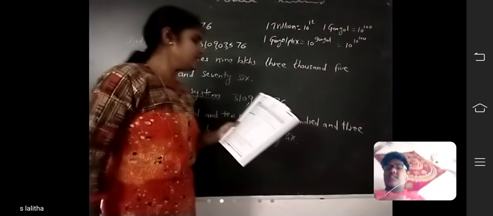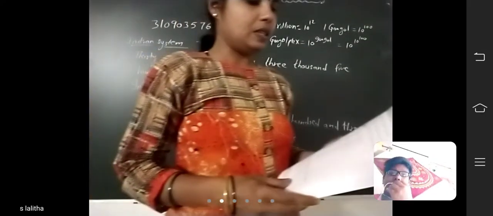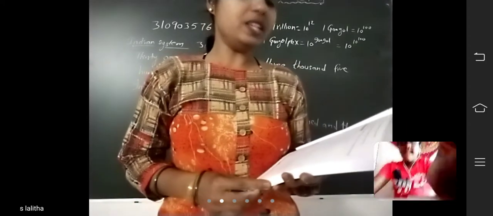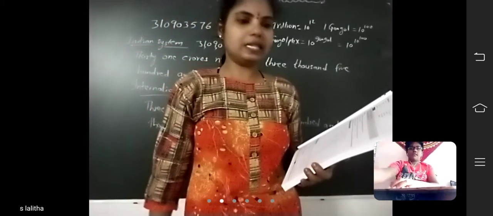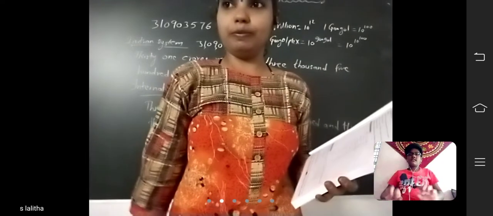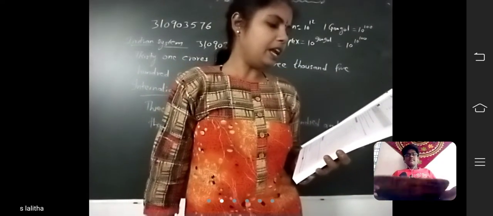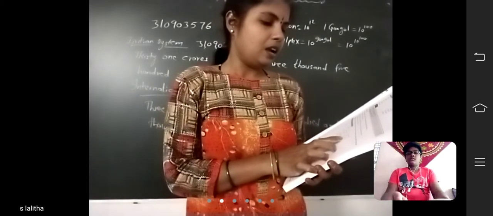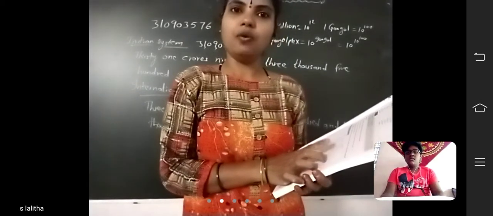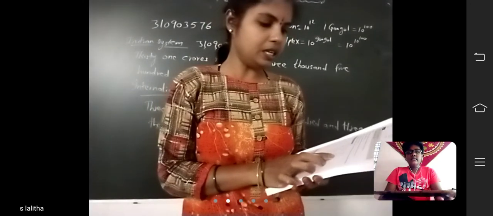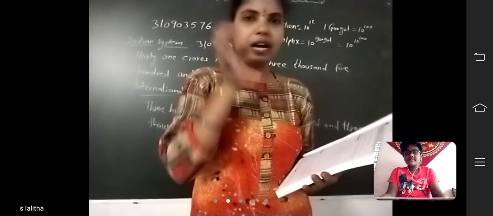Next, units and measurement. Quantity here means length. So in length, what are the units used to find the measurement of length? Millimeter, centimeter, meter, kilometer. So 10 millimeters is equal to how many centimeters? 1 centimeter. 100 centimeters is equal to 1 meter. 1000 millimeters is equal to 1 meter. 1000 meters is equal to 1 kilometer.